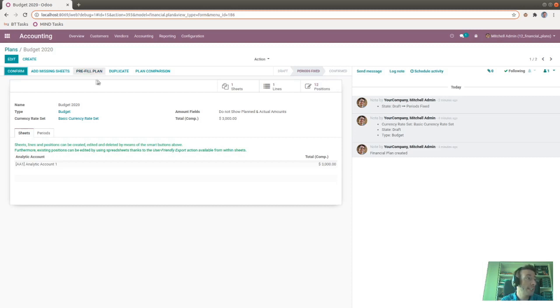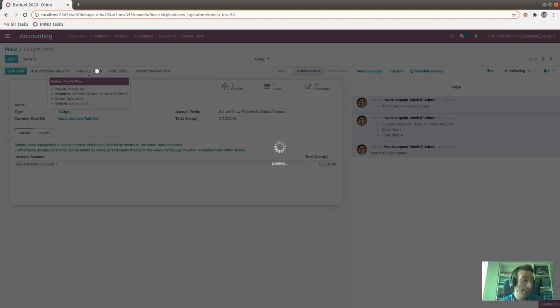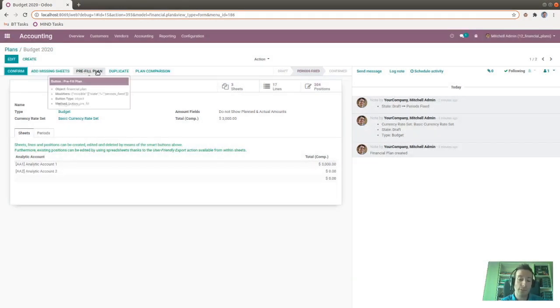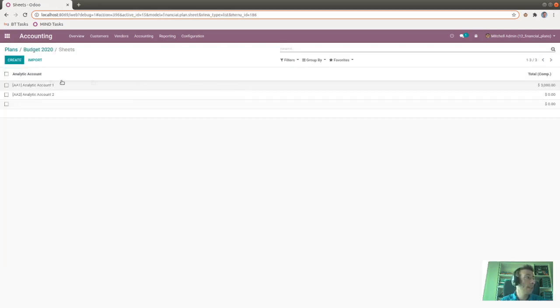The first functionality is this Prefilled Plan. If we click on it, Odoo will analyze all the journal items in 2020, and for each combination of analytic account, financial account, and currency, it will create the corresponding structure behind. So after the analysis, we end up having 3 sheets.